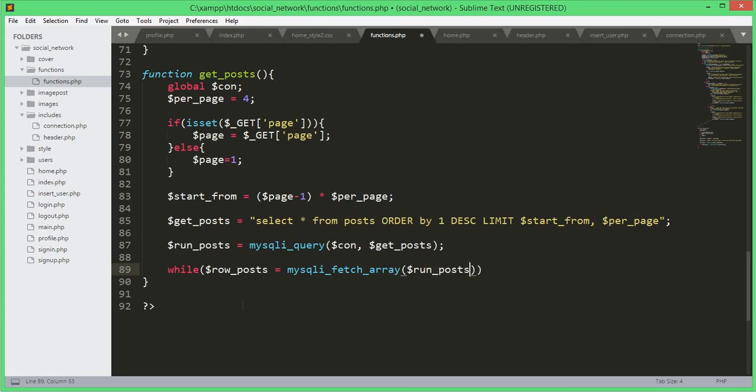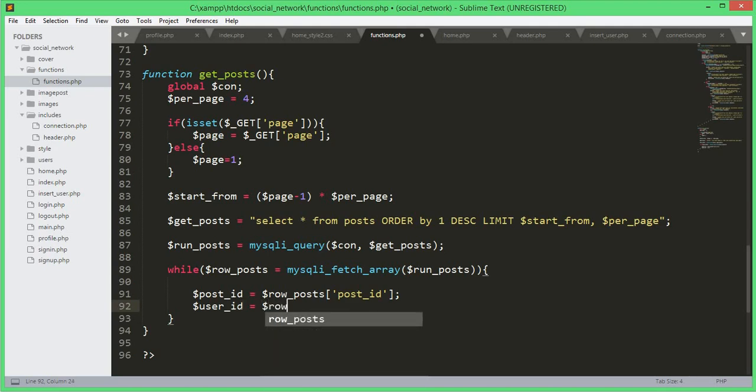and after that in the while loop we will create a variable post_id, and it will be equals to $row_post, and then the post_id, and then we will get a variable user_id, and it will be equals to $row_post, and then the user_id,